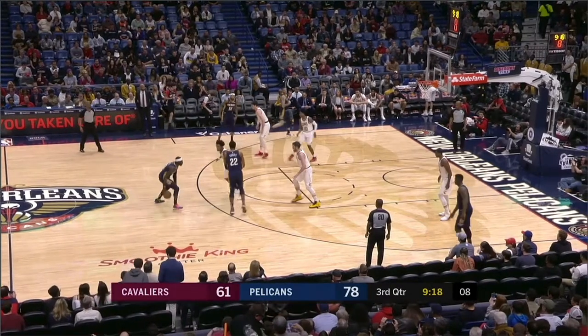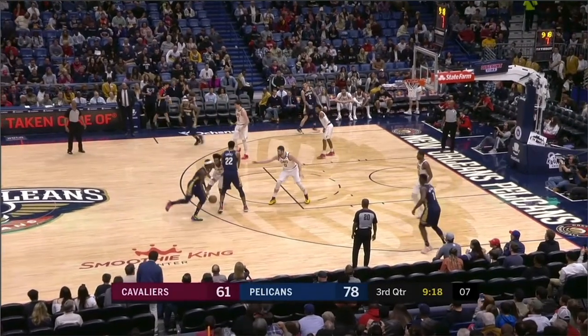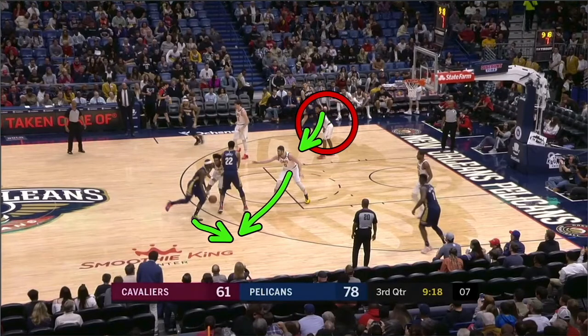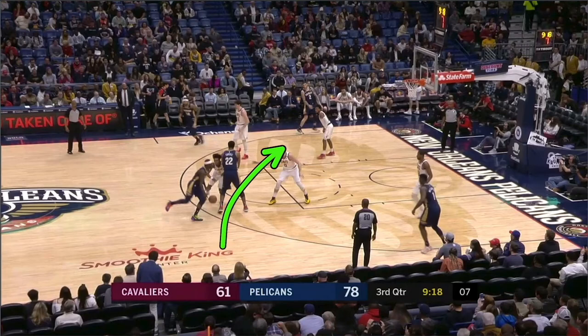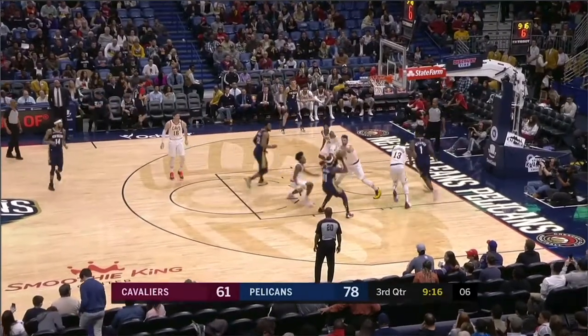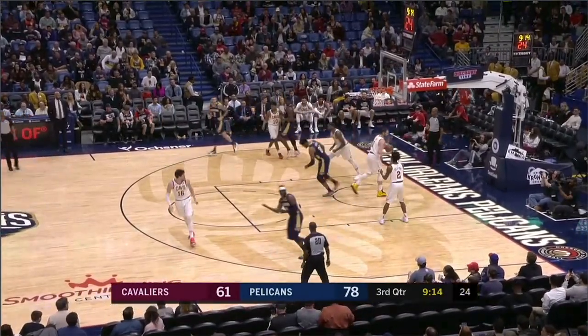Okay, look at what. Get this big up, okay? And if you don't want to switch, then hedge. Now you stop Drew Holiday's dribble out, all the way out here. You have a backside defender right here for Derrick Favors' roll. This Cleveland player is going to sink down just a little bit and occupy both Pelicans players two passes away. And if a skip pass is made all the way into the corner, you just X out. He rotates there, and then the backside defender just rotates up. Okay? And now you're not giving up wide open jump shots that are so easy to get into that all you need to do is set a ball screen.